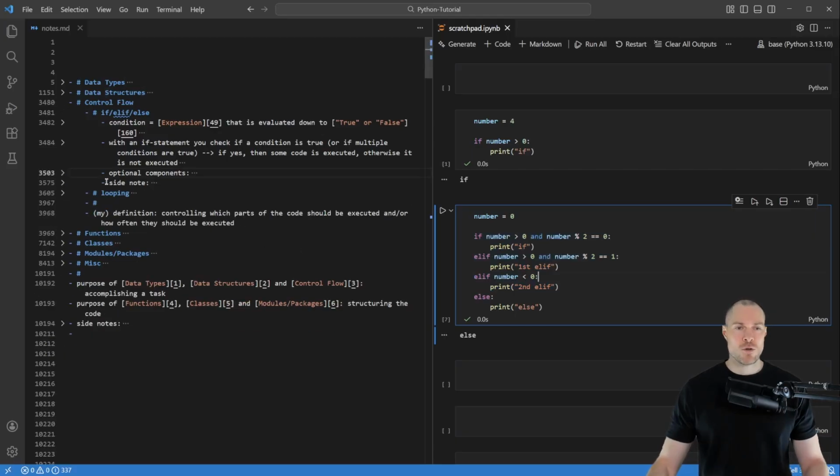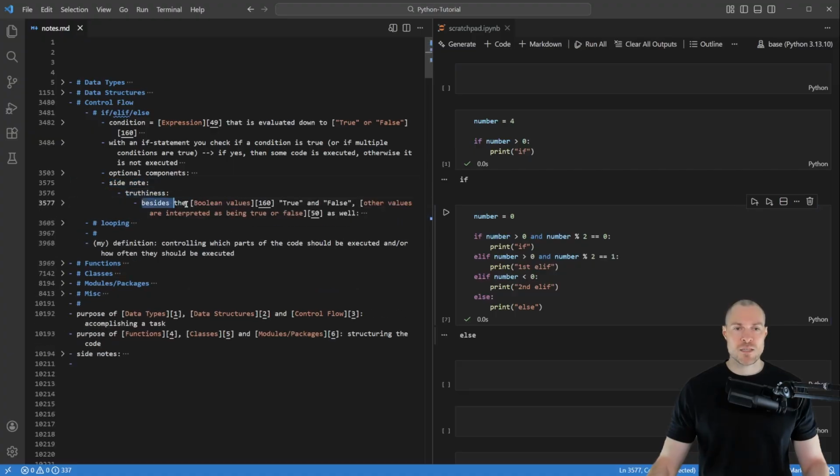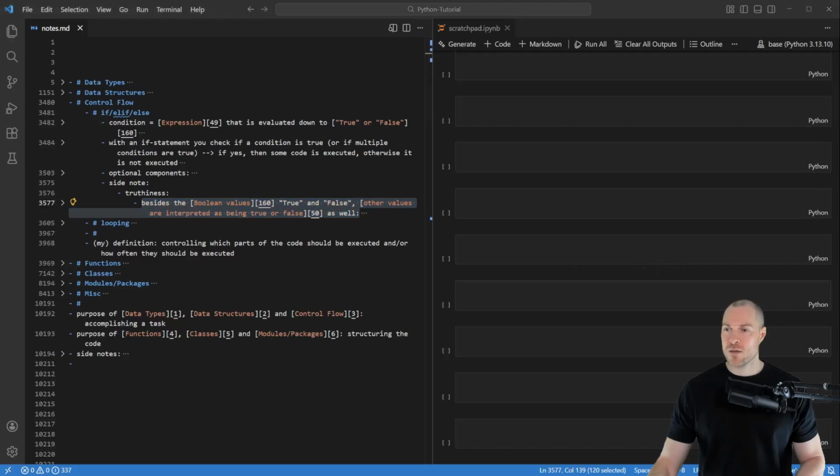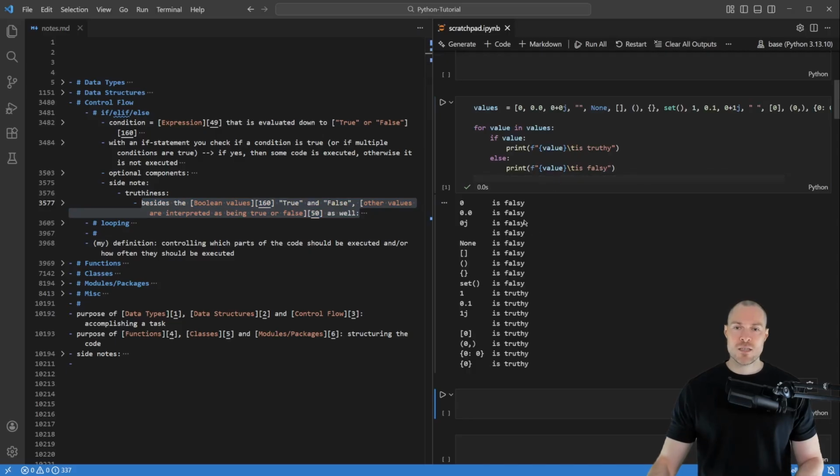So now let's go over the side note here, which is about something called truthiness. Namely, besides the Boolean values true and false, other values are interpreted as being true or false as well. And to show that, I've prepared this code snippet. So if I run this, then you can see all the values that are considered falsy and all the values